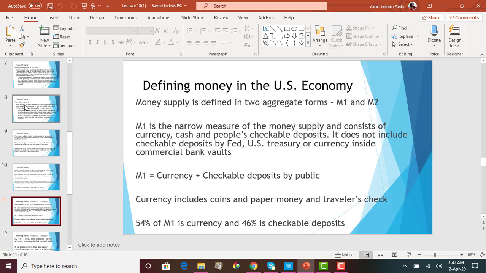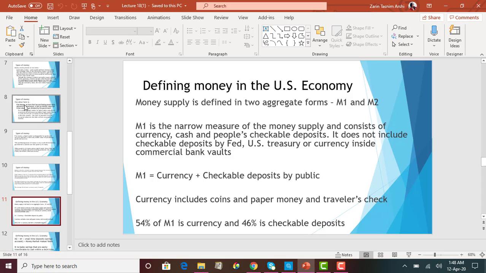Now, we move on to slide 18, and this is very important. Money supply. When the government is supplying money into the economy and people have money in their hands, this supply of money can be classified into two forms, M1 and M2. M1 is a narrow measure of money supply and consists of cash, coins, checking account deposits, traveler's checks, any type of check, anything that can be easily converted to cash. That is M1. It's a narrow measure of money supply, and the more liquid assets are considered M1.